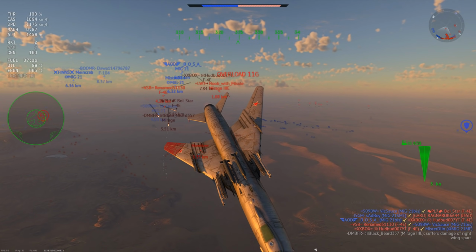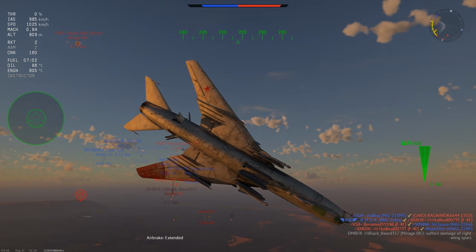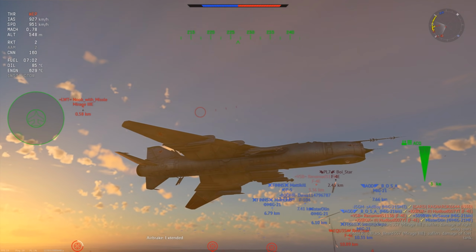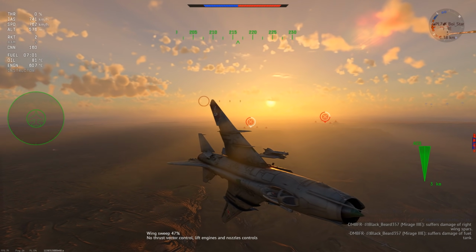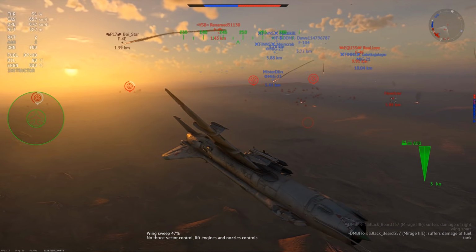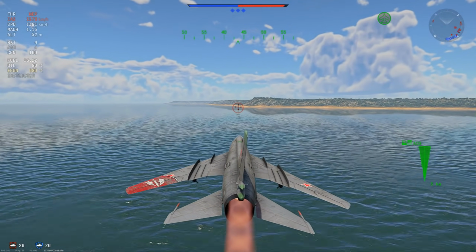But now I got a Mirage riding my ass, and I can't really do much about this. So I'm gonna be throttling down so he can't magic me, because if he magics me I just instantly die, at this range anyway. So he overshoots. I'm about to throttle back up, but then I notice the FRE, so I throttle back down. This way the missile simply loses lock, and now we're on a map like Hokkaido,